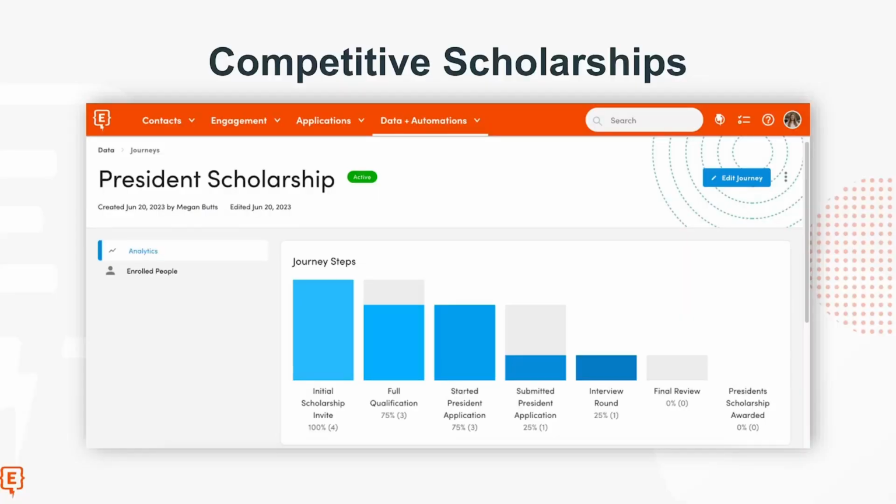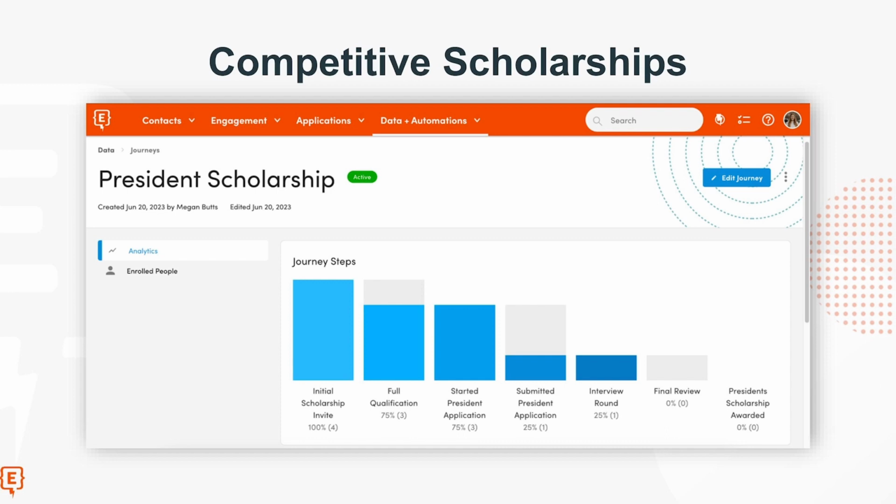Element. I want to give you some background on this example that I'm going to be showing you guys. I decided to choose a competitive scholarship because I didn't want to give you the cheesy, easy funnel. So with this competitive scholarship, we're going to put our little scholarship hat on. It is a scholarship we're offering for admitted students that have a GPA of 3.5 or higher, or an ACT of 27,